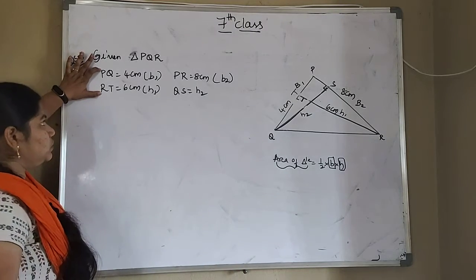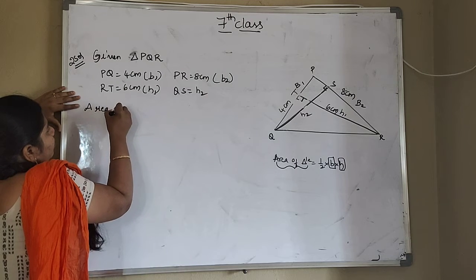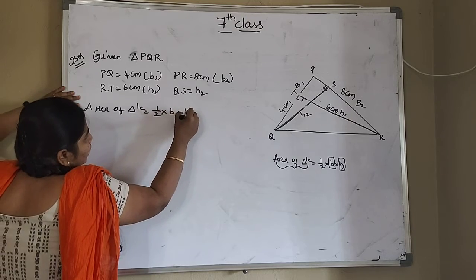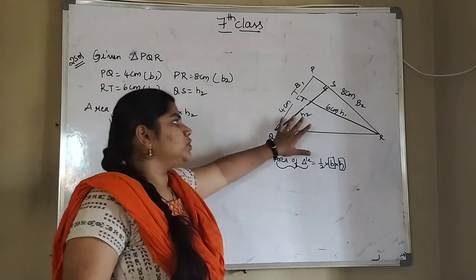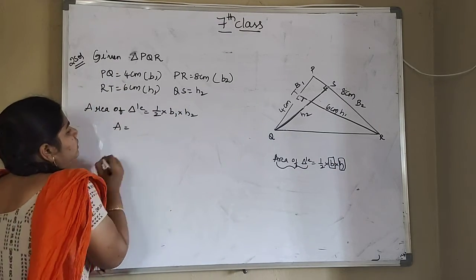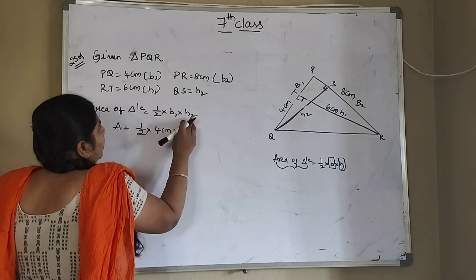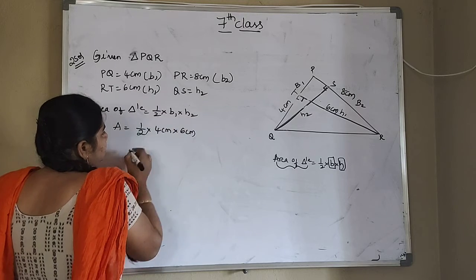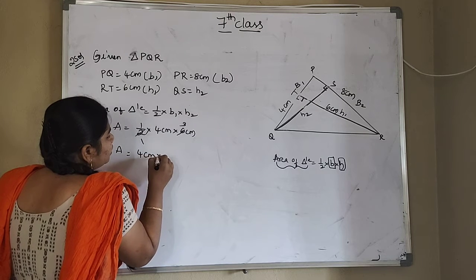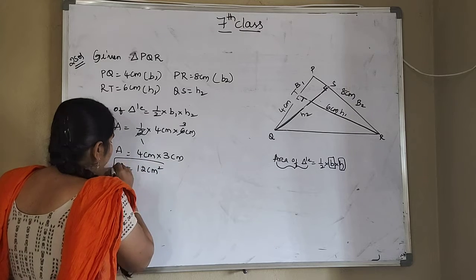Now by using these two I am going to find the area of a triangle. So what is the area of a triangle formula? Area of triangle is equal to half into base 1 into height 1. I am writing it this way for differentiating, because we have two heights and two bases. So now area is equal to half, a constant value. Base 1 is how much? 4 centimeters, and height 1 is 6 centimeters. So 2 1s are 2, 2 3s are 6. So A is equal to 4 centimeters into 3 centimeters, that is area is equal to 12 centimeter square.